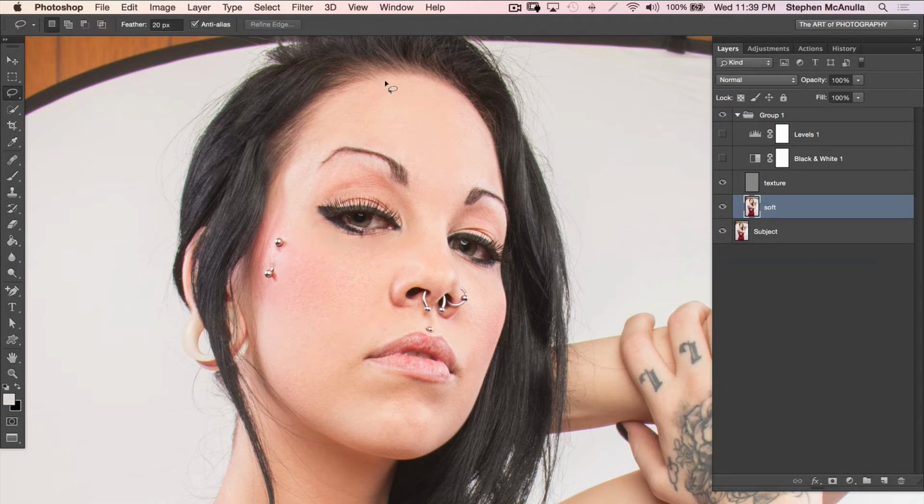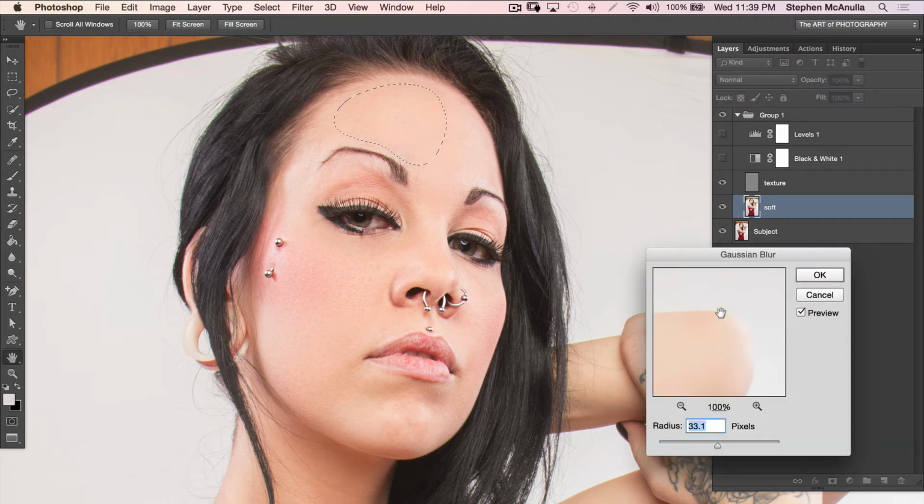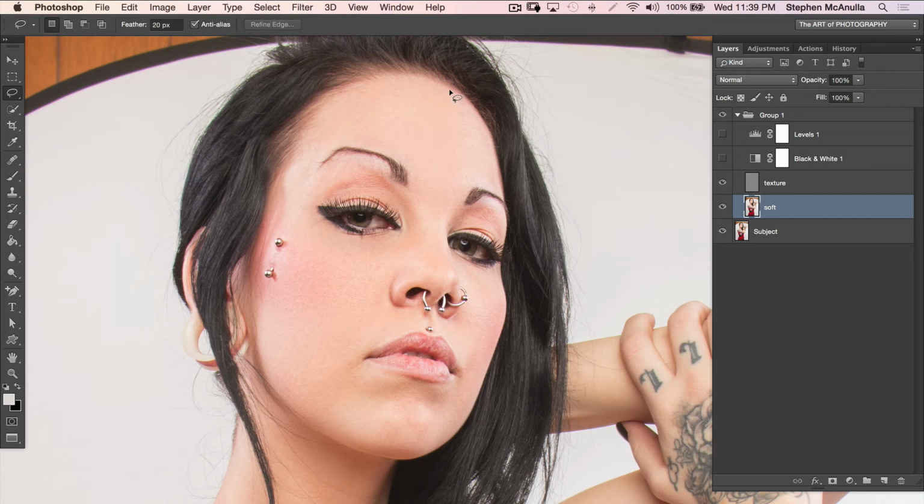So then I'll take another patch, and you want to do this in steps like this because the area that you're at might not need the same amount of blur as the other area did. If it does, great. Like this one here, maybe just a hair less so that we don't get any shadowing up here near the hairline. So when I preview it, it's just a real subtle change, but when they're all done, it makes a big